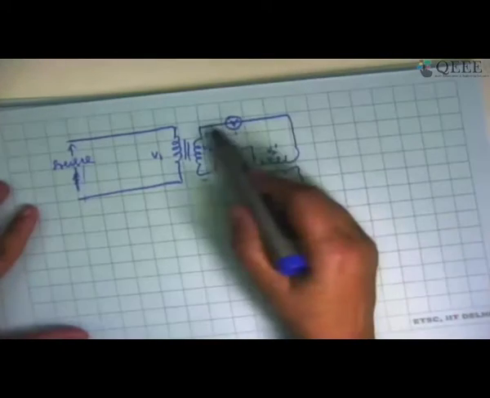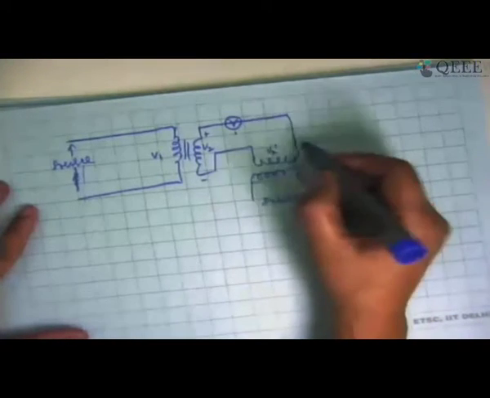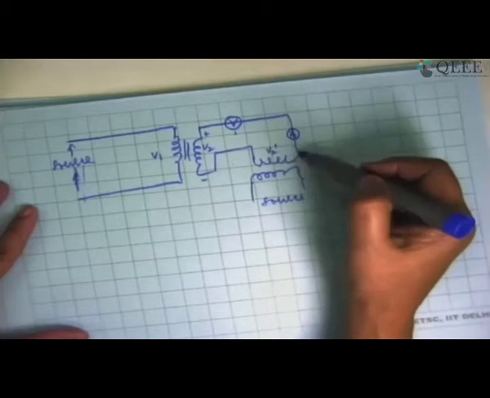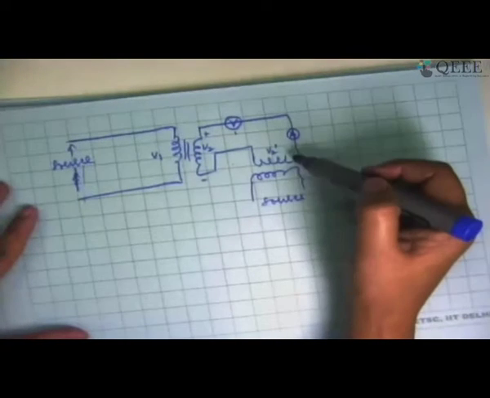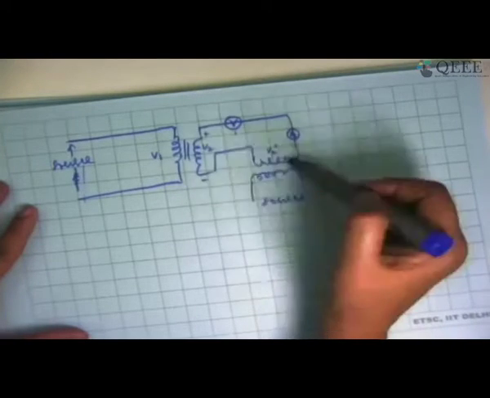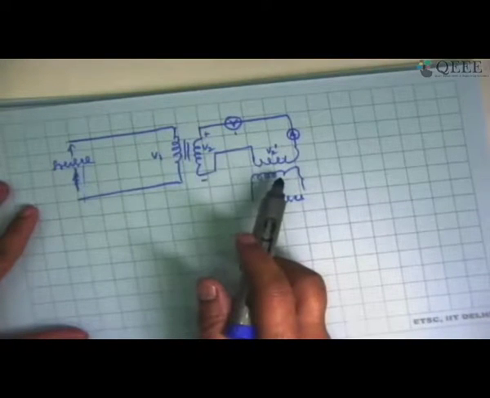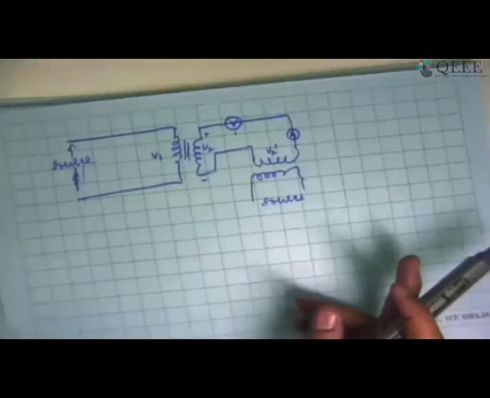So by adjusting the voltage difference between these two, I would be able to make sure that a particular current flows through this. That current is going to make sure that this transformer looks as though it is loaded. So we are going to load both the transformers by creating a fictitious situation as though there is a voltage difference between one transformer and the second transformer. So this is indirectly a load test. It's not exactly that we are loading the transformer. We are creating a situation as though we are loading the transformers, both of them.